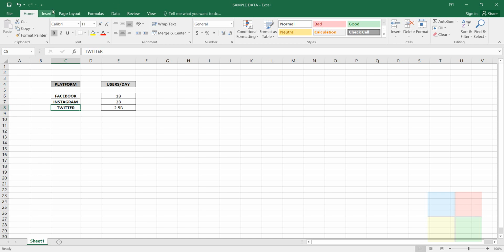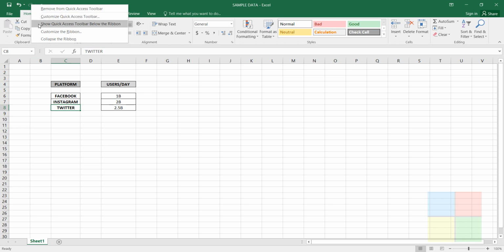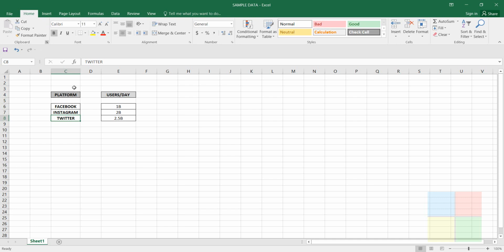And lastly, if you want to bring this QAT to somewhere over here, you can just right click somewhere over here and click on show QAT below the ribbon. So the QAT comes below the ribbon or the menu system. Just below the menu system, the QAT appears.